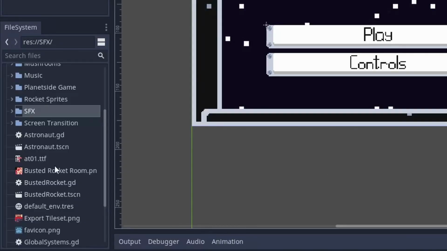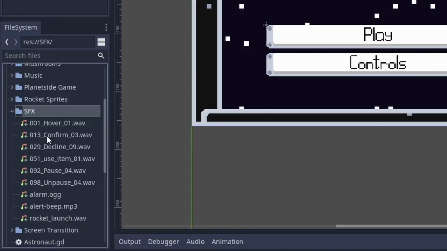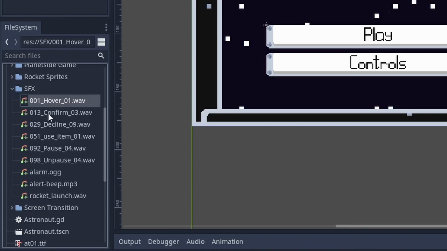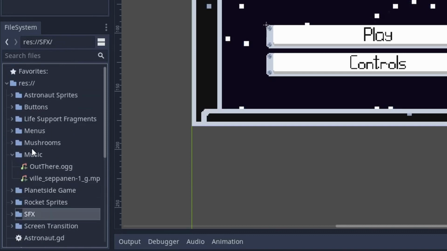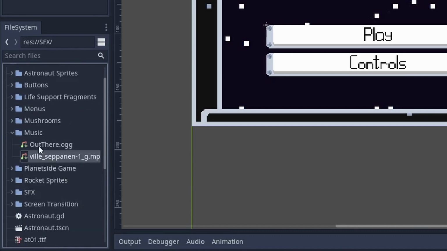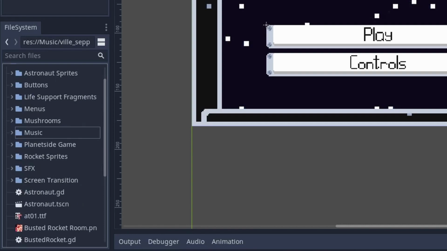Godot's audio system is thankfully very easy to work with, and even though I had never done any audio in the engine before, I was able to get it implemented and coded quite quickly. The music, alarm, and rocket sound effects were not part of the audio pack, so I had to find those individually, but I got ones that I think are a pretty good fit for the game.